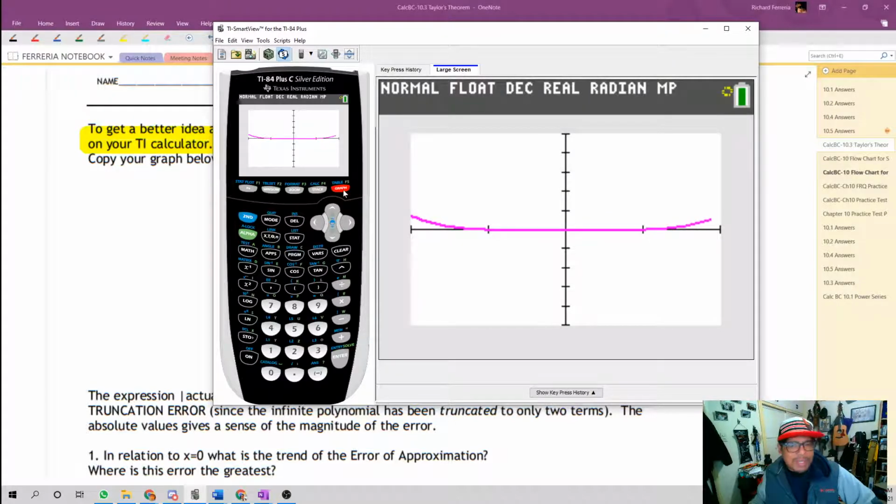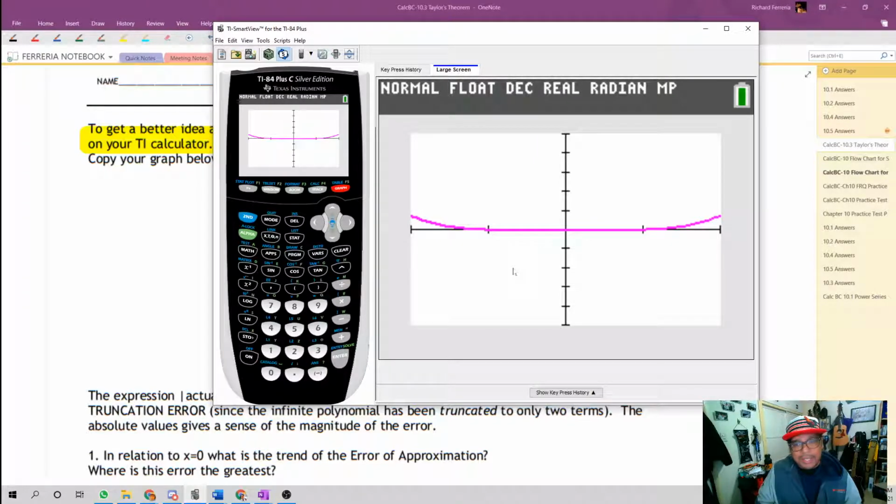So what does this graph tell us, other than the fact that it looks like a smiley face? Well, this graph is the difference between the actual function, sine of x, and the polynomial function. And if the two functions are exactly equal to each other, then we should get a 0. So any place that we see a 0 in this graph, that's the place where the function and the approximation